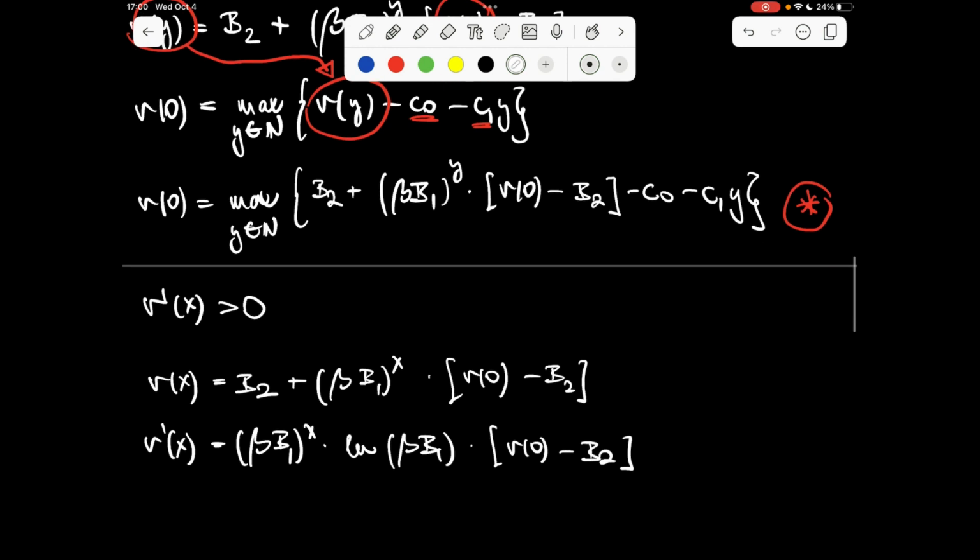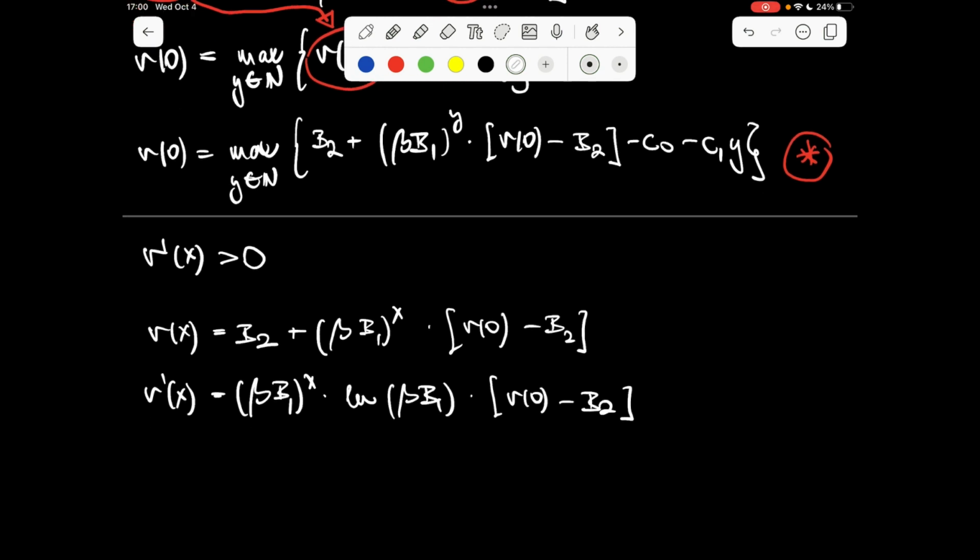All right. Given that b1 falls between 0 and 1, it's sure that this part is strictly negative. For positive integers, this part is positive, and it is supposed to be strictly positive, and to this end